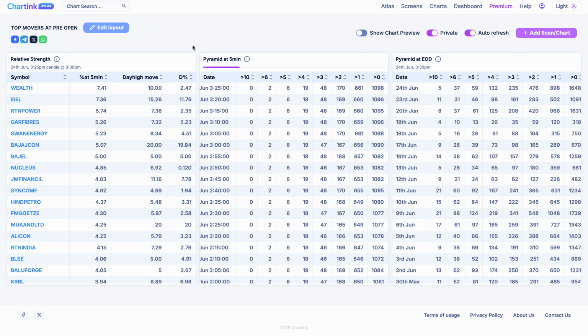So let's look at this charting thing which I made. So what I am going to show is this middle chart. So what am I showing here? In a day, at the first 5 minutes, meaning at 9:20, how many stocks are less than 0, more than 0%, more than 1%, more than 2%, more than 3, more than 4, more than 5, more than 6, more than 10. Right, so you get it.